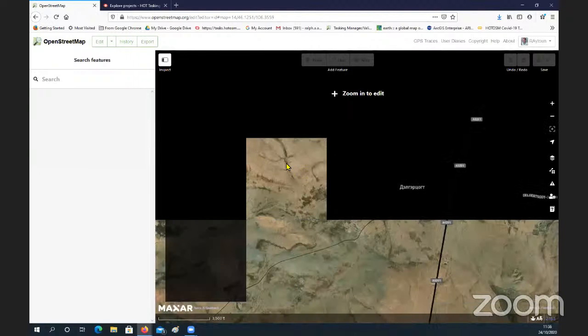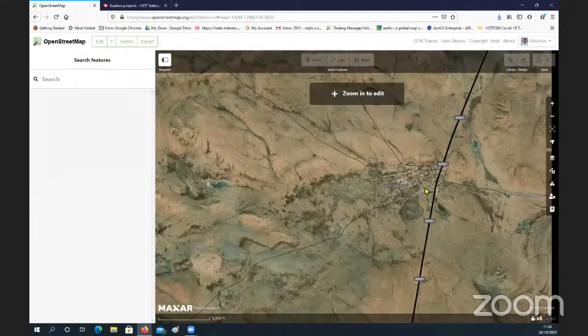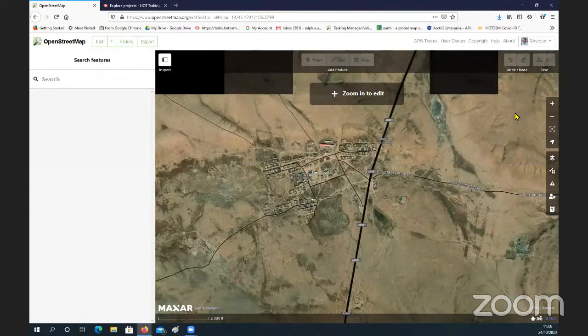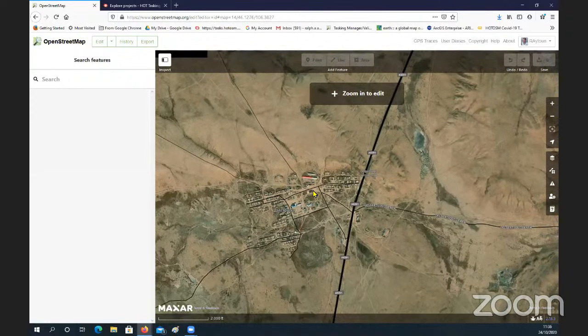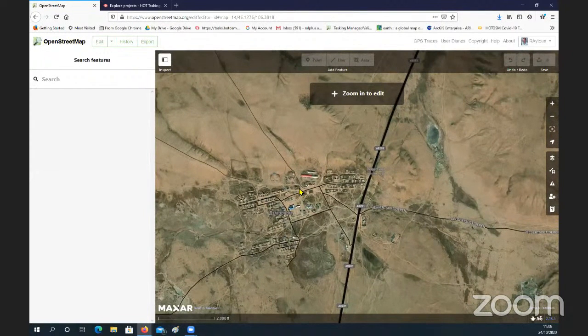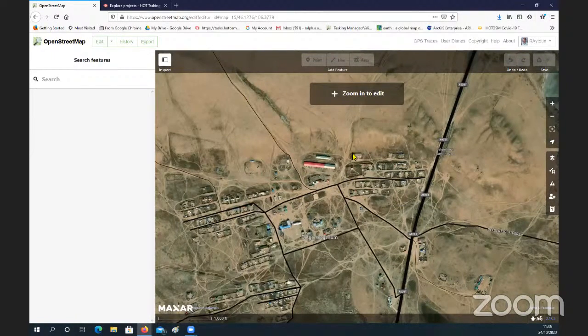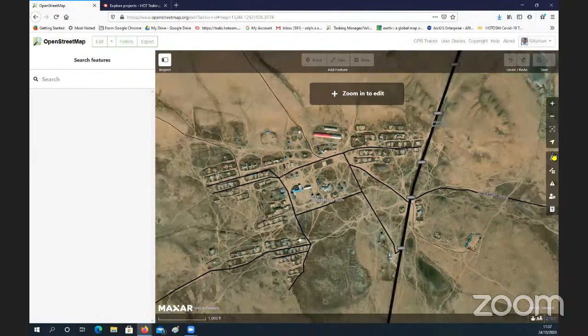Please be patient as we zoom into edit. As you can see, we are zoomed out, so all the features are black. My side panel here is closed. I have got this area. Now, this is what I want to start working on. Looking at this area, the different imagery, you can see here, I have got,